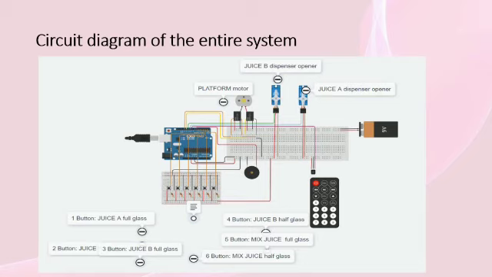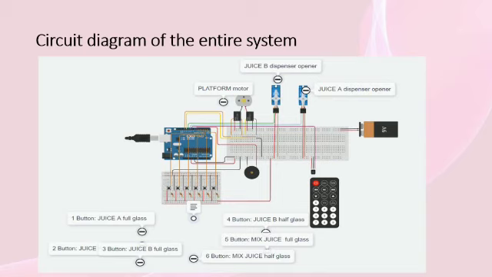This is the circuit diagram of our project. Here we have used two servo motors which help to open the dispensing tap, one DC geared motor for movement of the glass from the collection area to the dispensing area, an IR sensor to sense the glass and to indicate the completion of the process, a buzzer and 6 push buttons which are used for taking digital input and are named 1, 2, 3, 4, 5 and 6.